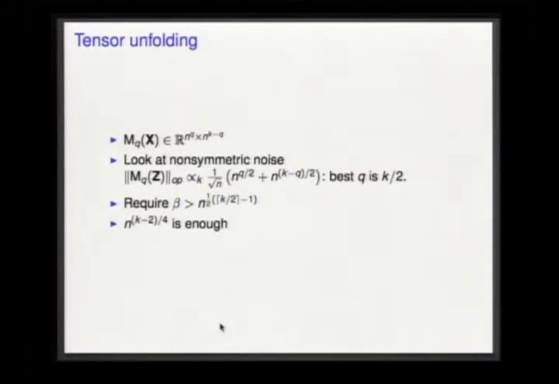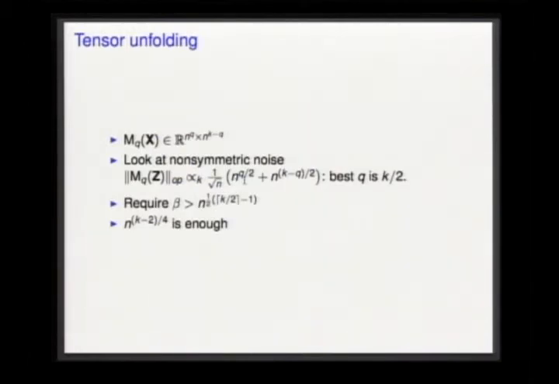When you flatten that noise, you're going to obtain a matrix which has IID entries, and we normalize the variance of the entries to be of the order of 1 over n. So basically, this matrix is going to have an operator norm of order 1 over square root of n